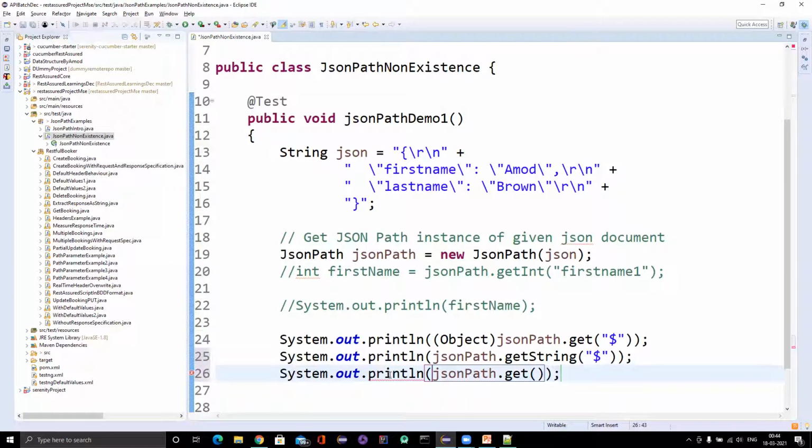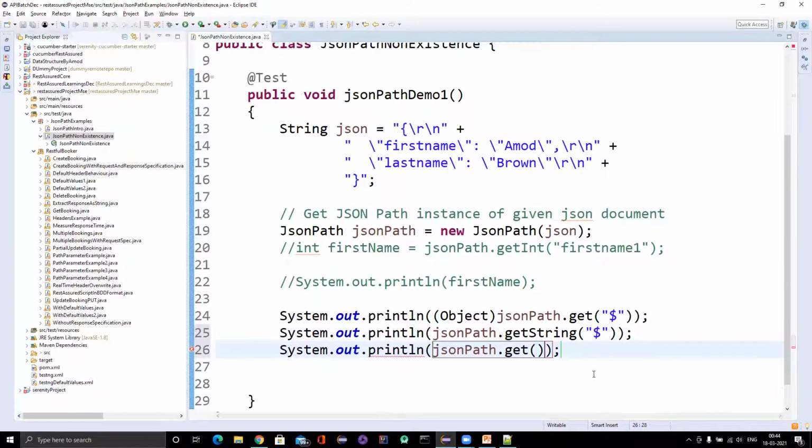So here we just need to convert the cast into object.